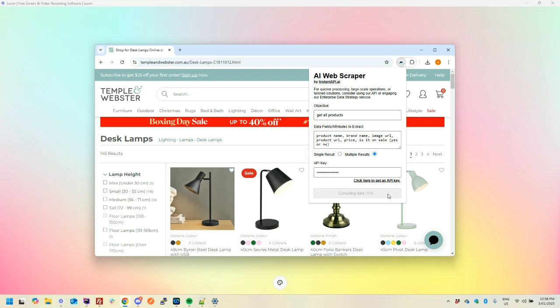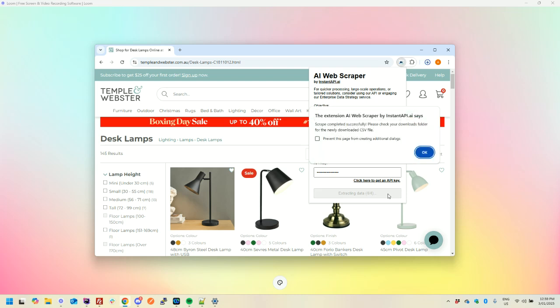Now, one little caveat is a retailer doesn't always have data. So, for instance, not every single lamp here may actually have a brand name, and any other attributes you're trying to pick up out of the page. And if that's the case, it's fine. It won't fail. It'll just scrape what it can from that product. So you'll still get the product name, image URLs, product URLs, whatever there is, it'll just be blank